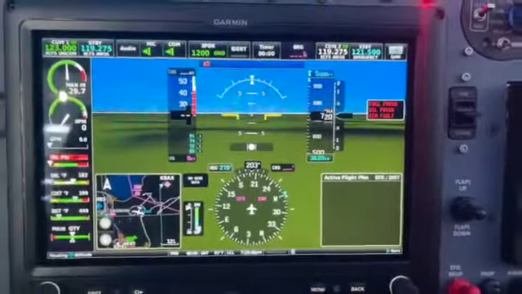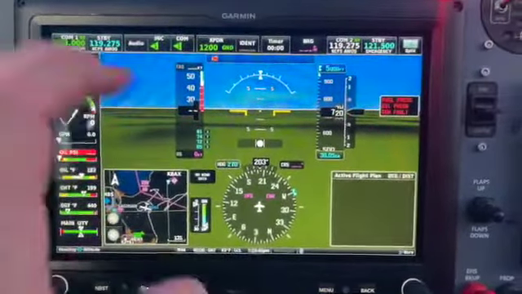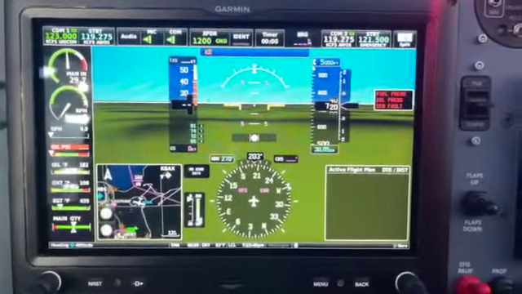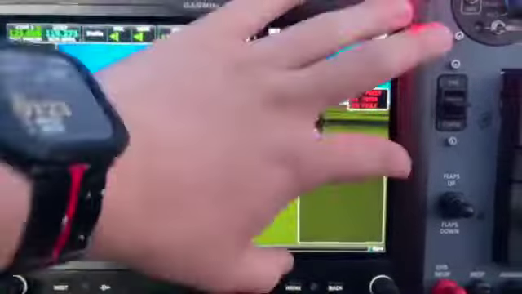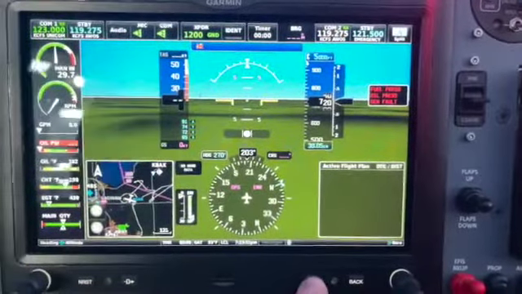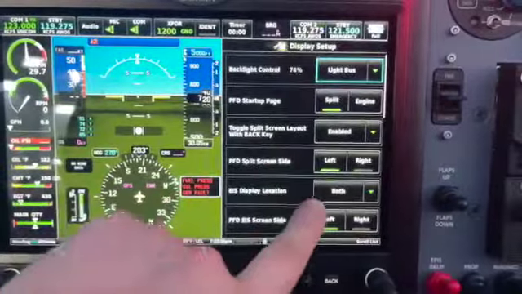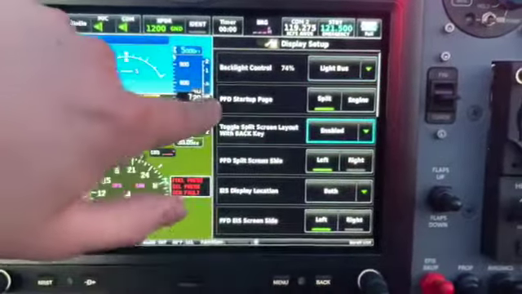Another quick little tip for you guys. When you first start up the screen, after you hit the continue button on the database page, this is what you're met with. I like to have my engine stuff come up automatically over on this side. So if you hit menu, and you hit setup display, I've got it set now, but this one here, PFD